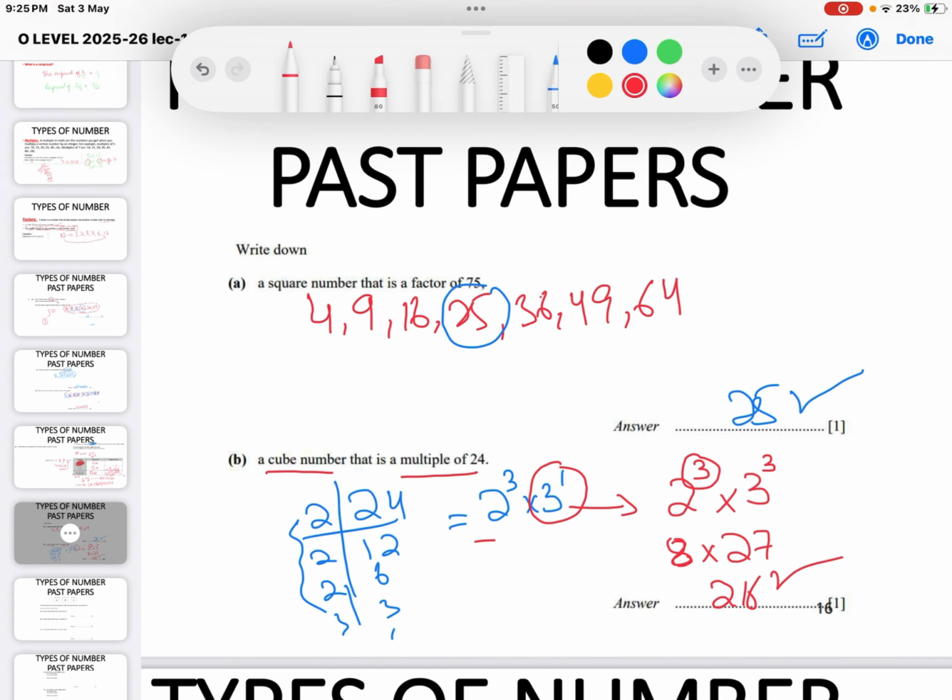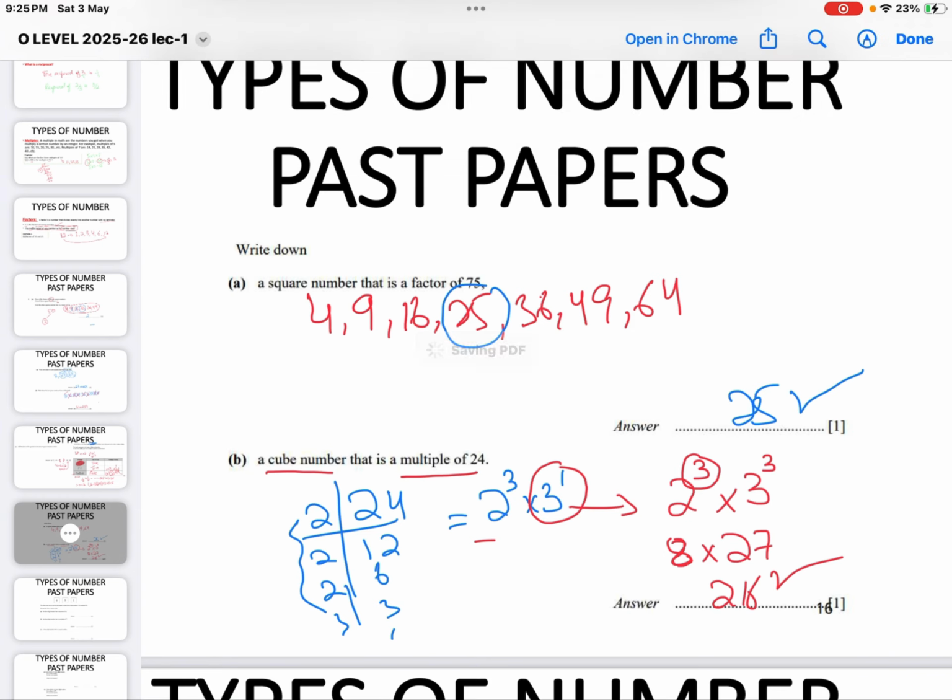Just remember that when we solve 24, we get 2 raised to the power 3 and 3 raised to the power 1. If you want to make a cube number, make the powers cubes. 2 already has power cube, so we don't need to change anything, and 3 has power 1, so we make 3 raised to the power 3, and when we solve it, we get 216. That will be the multiple of 24. Okay, now